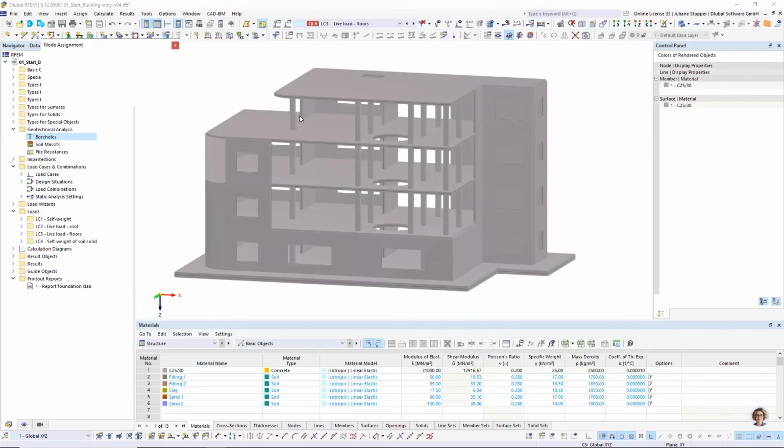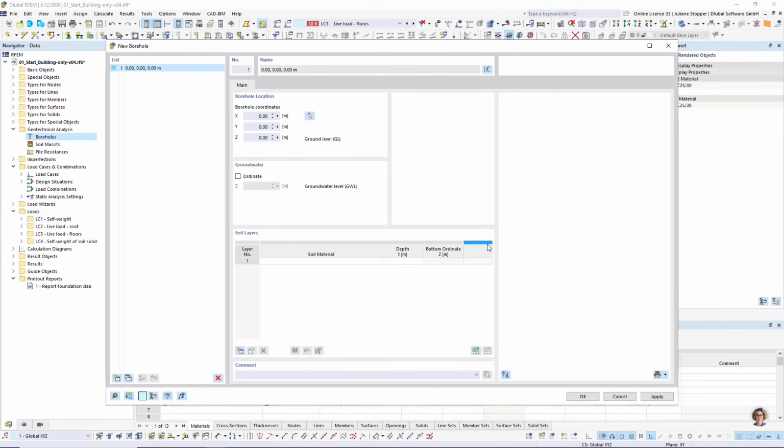You can give the position where this soil stratigraphy was discovered, and then you can give the soil layers and so on. Here we also can give a groundwater layer. So let's say we have here 2 meters,